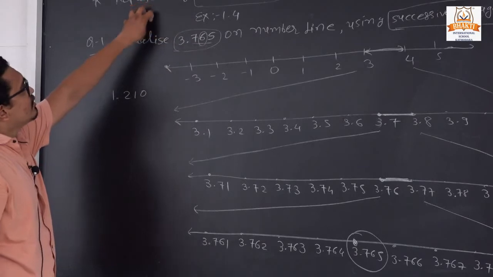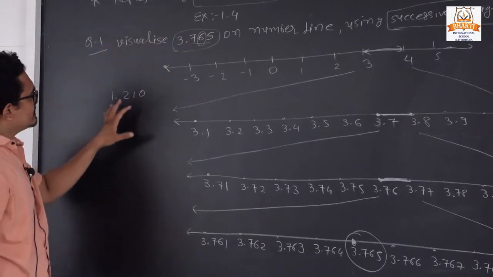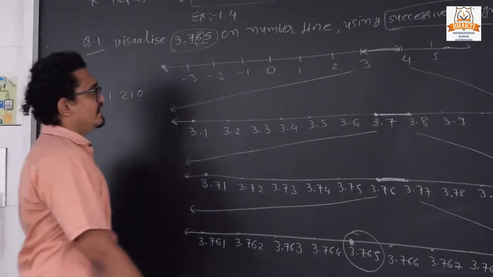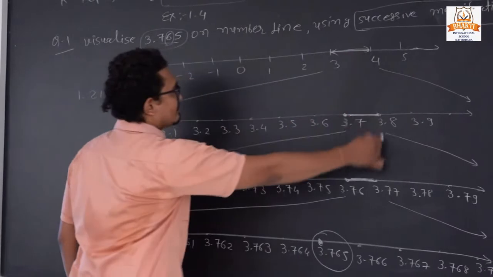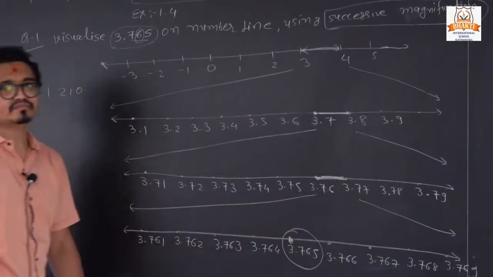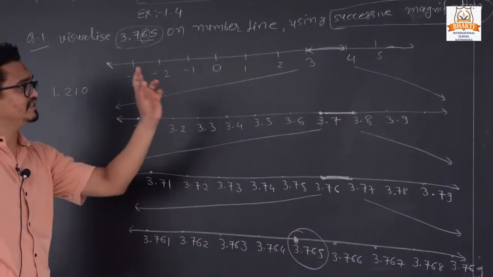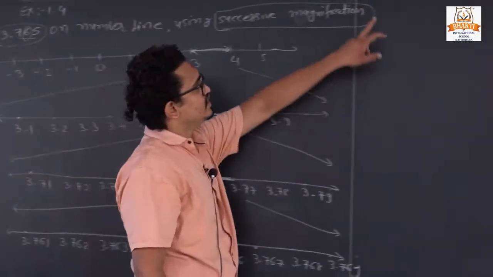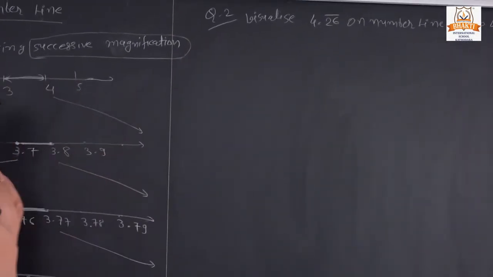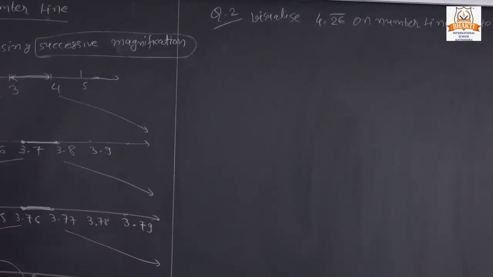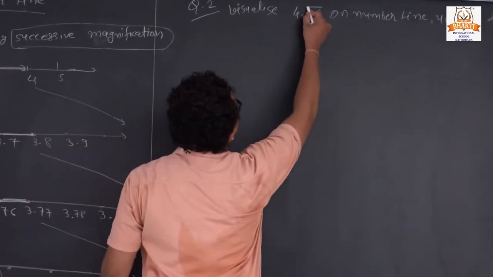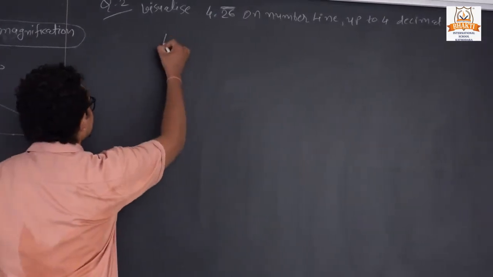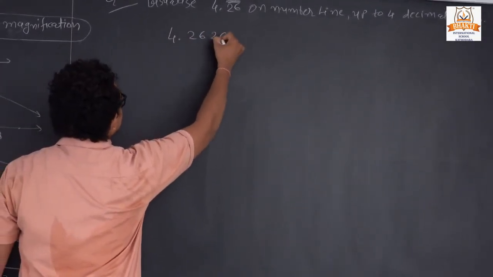So that topic is about how we can represent any real number on a number line, and we already defined that between any two numbers we have infinitely many numbers. We cannot calculate how many numbers are between these two numbers. So now question number 2. Question number 2 is similar to question number 1, but there will be a little change. Here they are using the bar sign, see here. It means that if a bar is there, then these two digits are repeated.